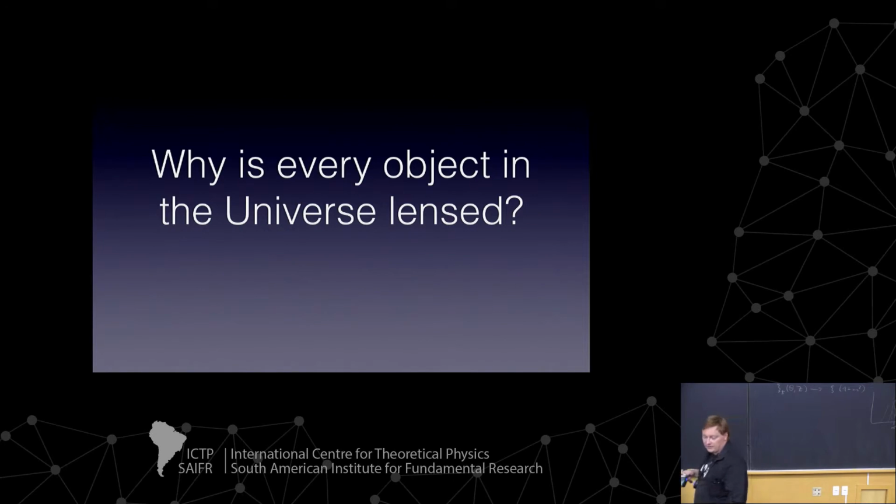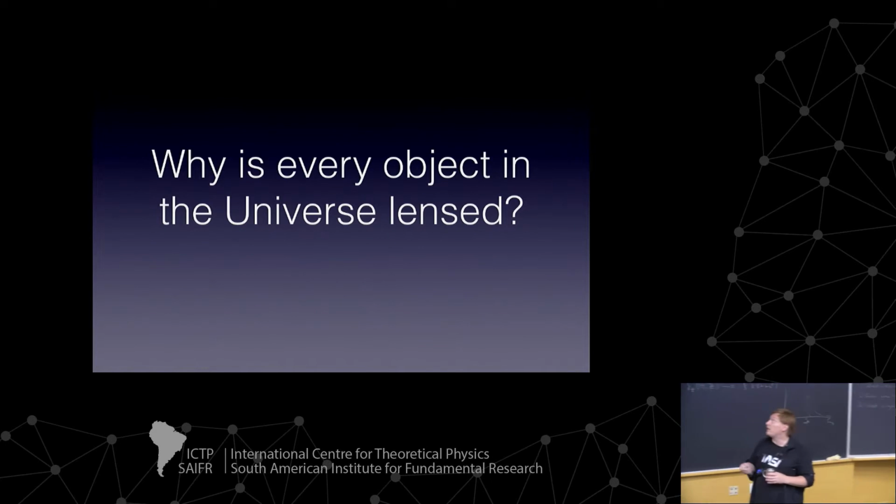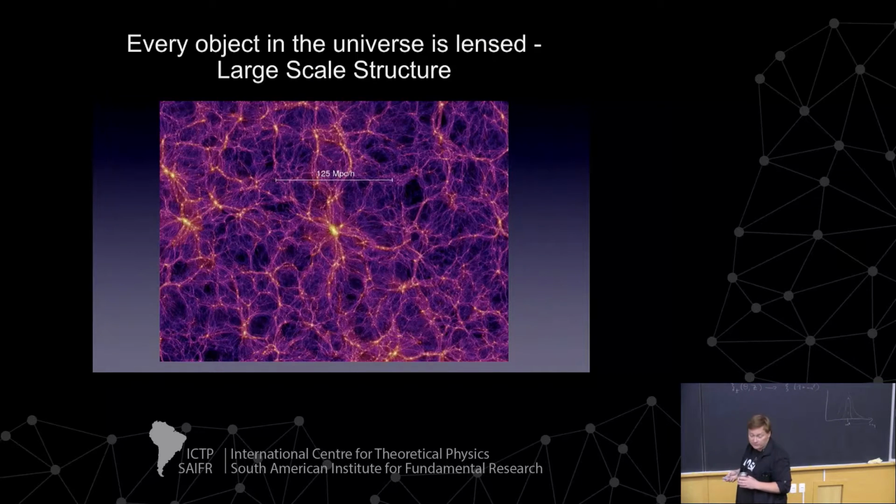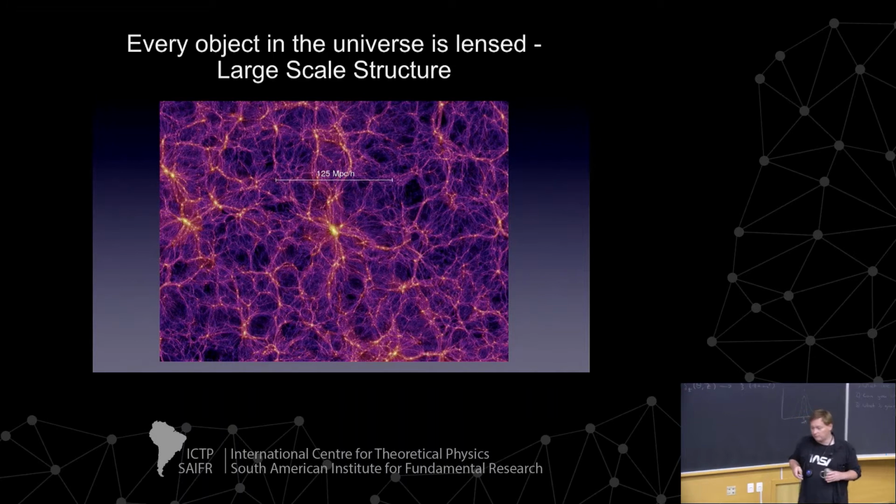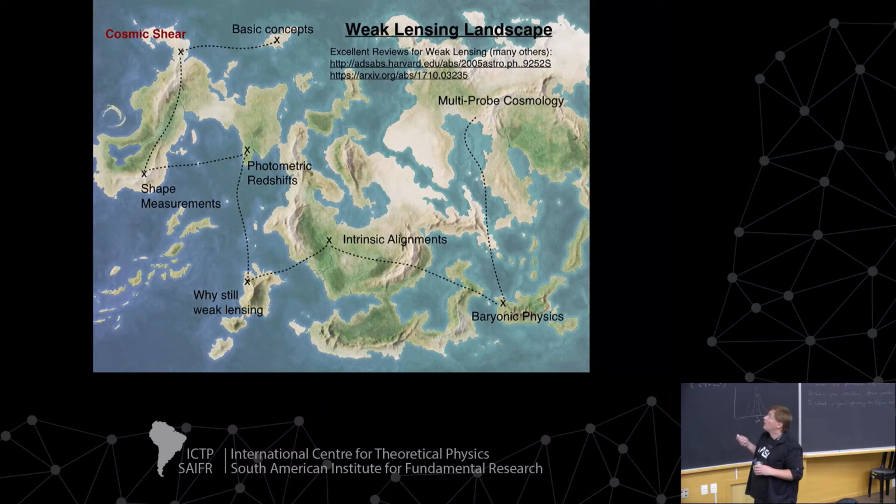Yeah, so there is always a change in the deflection potential. So a change in the potential everywhere. There's always a gradient, and that is what causes lensing. And it is not strongly lensed, but everything is somewhat lensed. And it is because of the large-scale structure that is just between every object and us. Okay, so those are the very basic concepts of lensing,